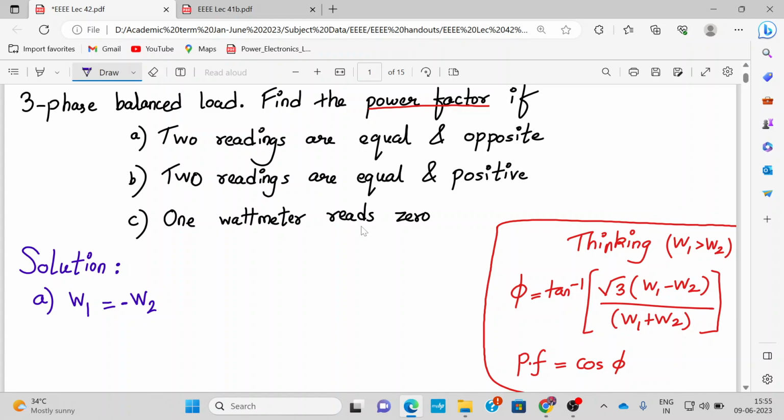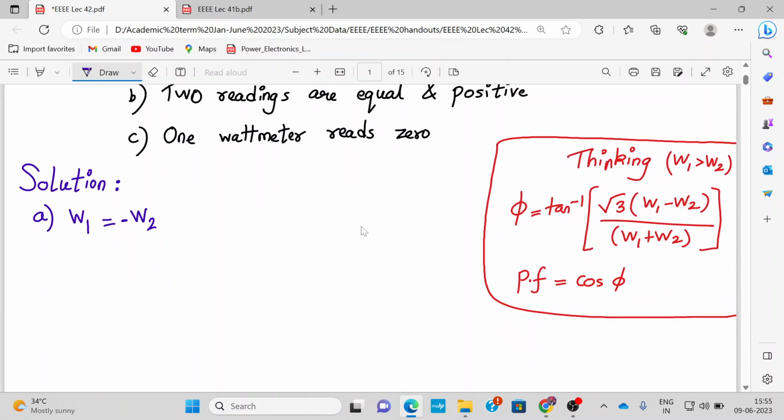This is case A, where the two readings are equal in magnitude but opposite. If one is 1000 watts, the other will be minus 1000 watts. Now we use the formula: phi equal to tan inverse of